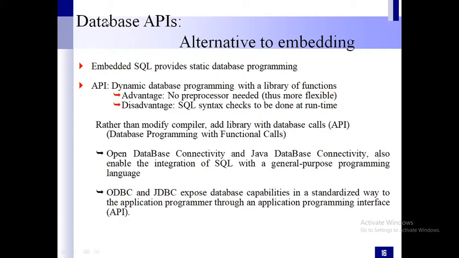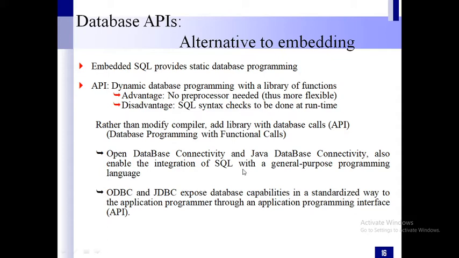And what we have to do if we go for an API is add the library functions, which can be used to create the database calls and translate the SQL statements to function calls.